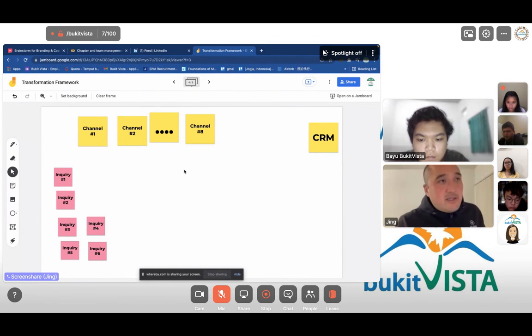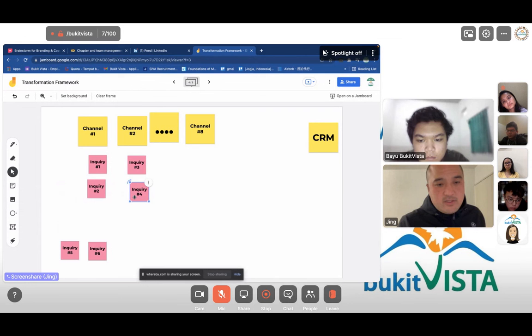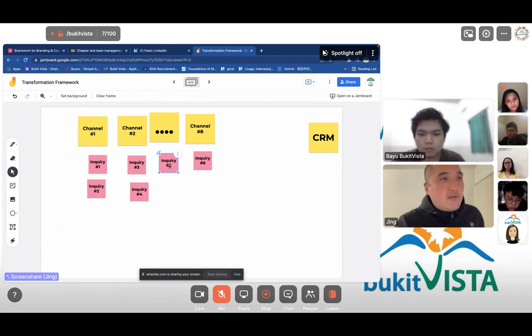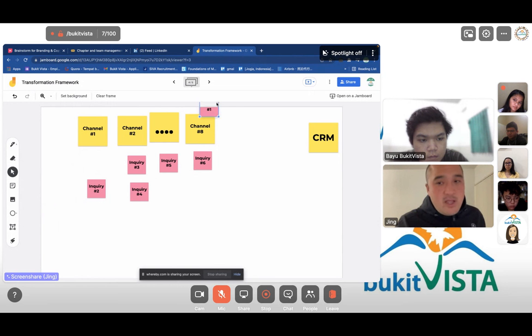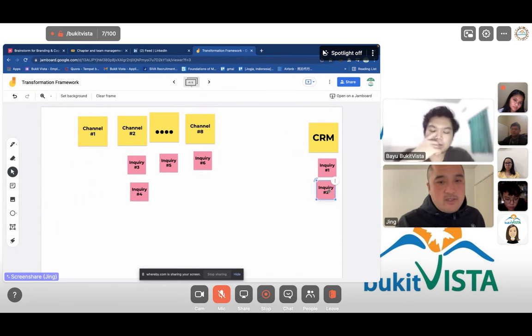Basically, this is the problem: somebody who is doing reservations gets an inquiry here. The next inquiry comes here, the next goes there, the next goes here, and the next falls somewhere in between. Literally, they have to keep their eyes on 8 different inputs to understand where each inquiry is coming from. They have to check all over the board. That is because there's no CRM, no tool that centralizes inquiry management. What it should look like is this: the first inquiry that goes into channel 1 is routed to the CRM. The second inquiry that goes to channel 1 is routed to the CRM.